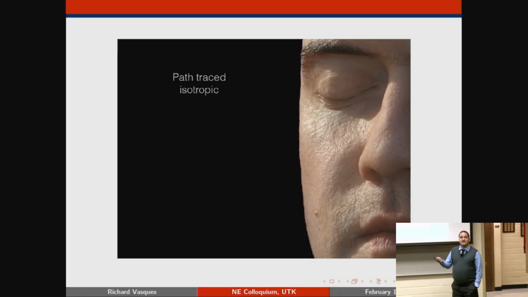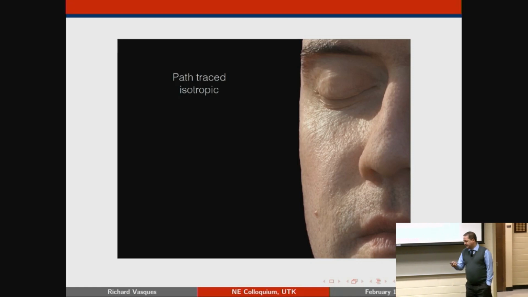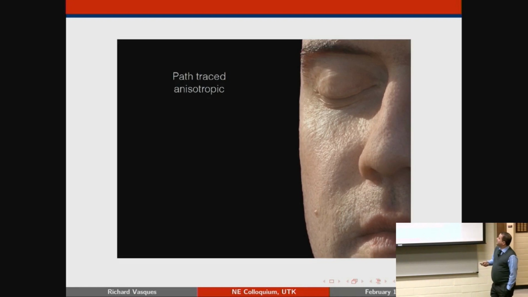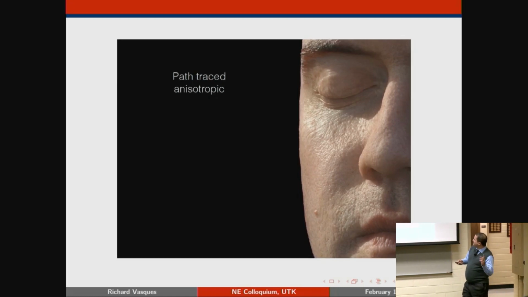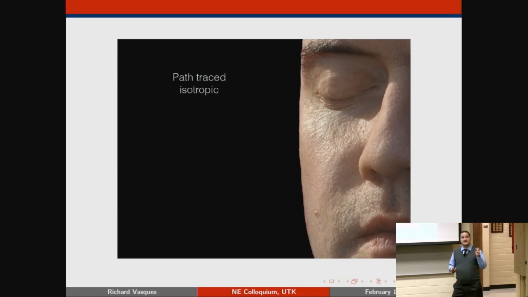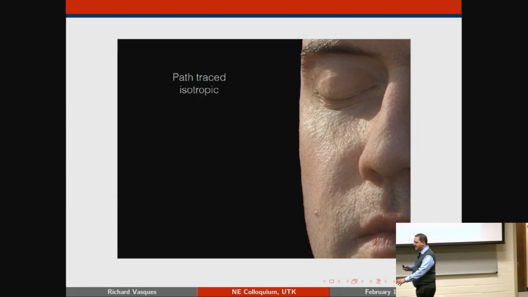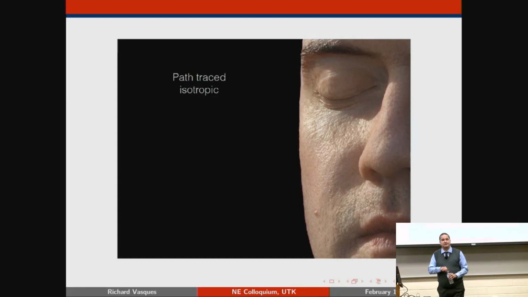You can also do anisotropic path tracing, so do some biasing in it, and that also gets rid of a little bit more of the effects. This one is harder to see in the projector, but even though it's very subtle, this is usually what makes or breaks animation, right? Makes or breaks something that's believable and visually pleasing.